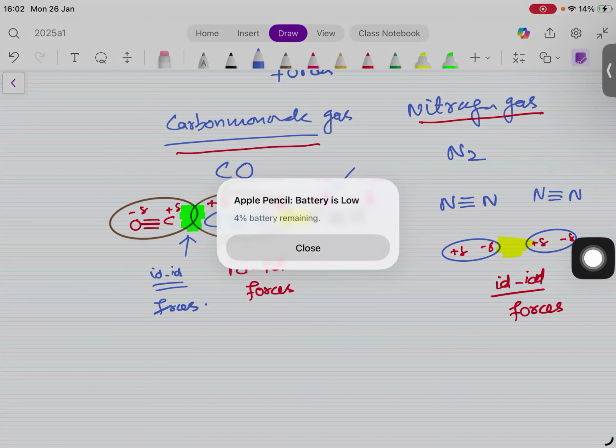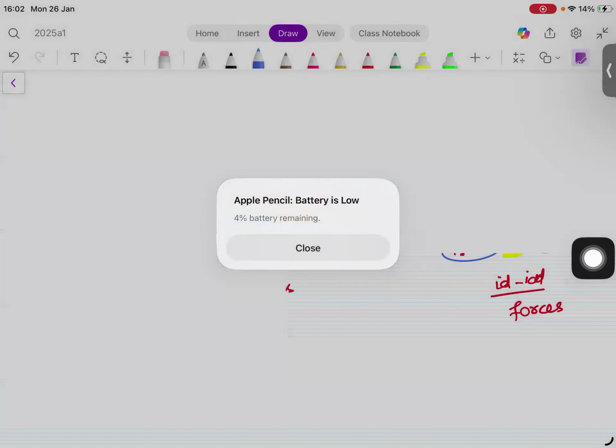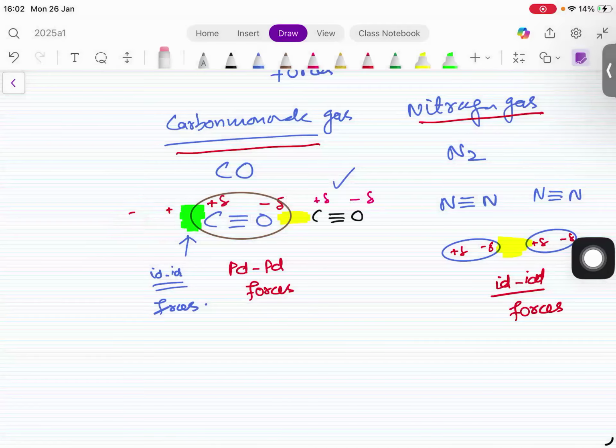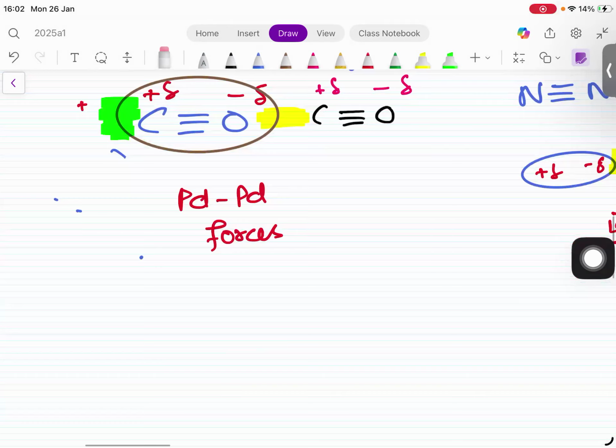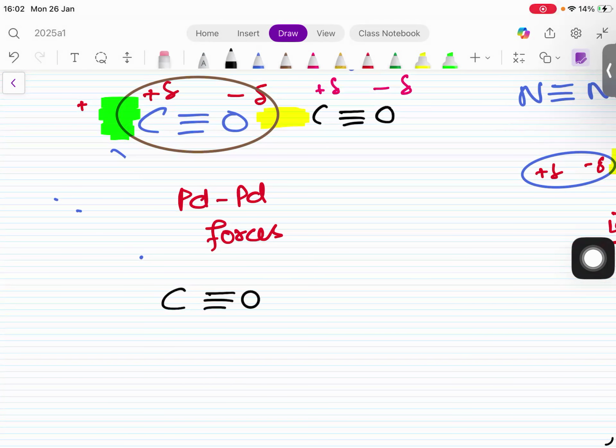If the negative comes in front of the negative, because of the repulsion, there are some instances where temporary dipoles are induced in them. Now let me explain it again. If this is a carbon monoxide molecule having permanent dipoles, and there is another carbon monoxide molecule,